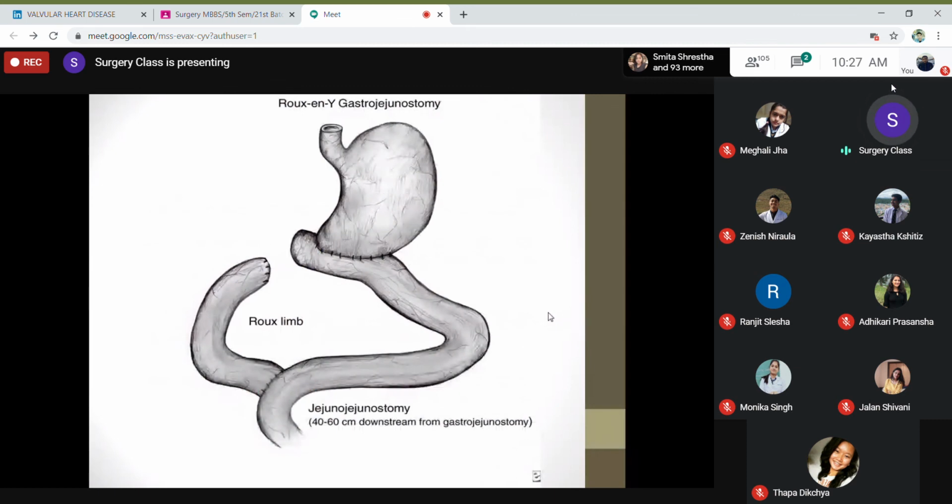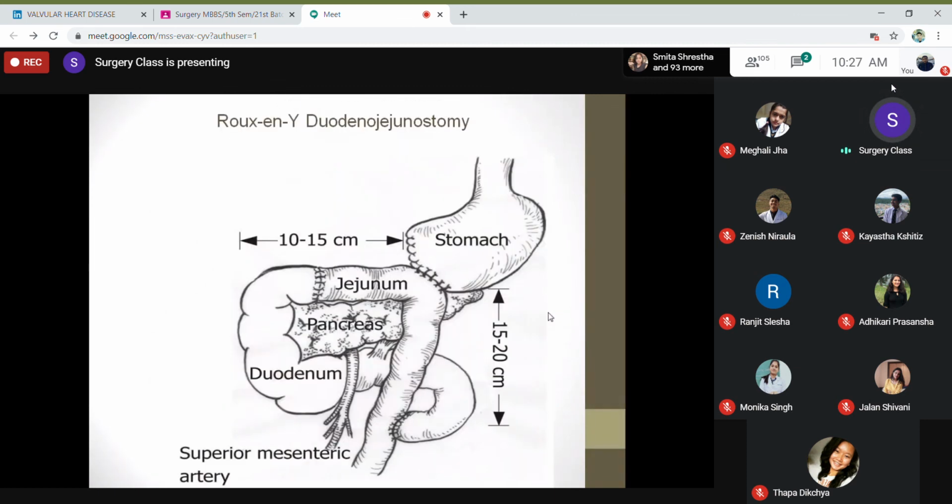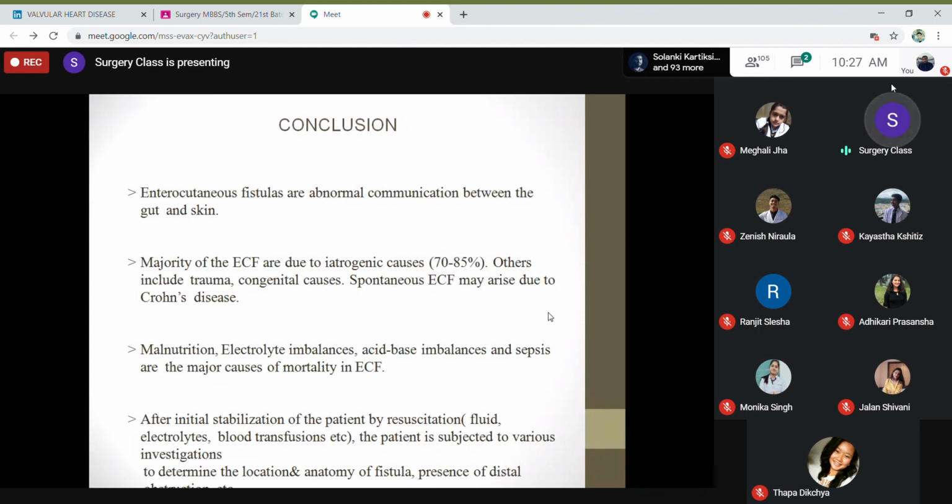So there are various surgical techniques. I'm not going to detail that. You learn it later. So in conclusion, the enterocutaneous fistula are abnormal communication